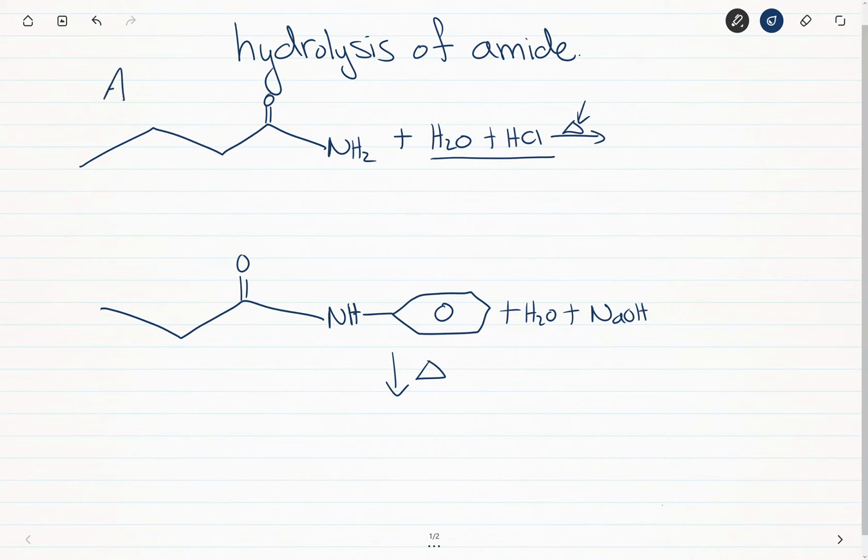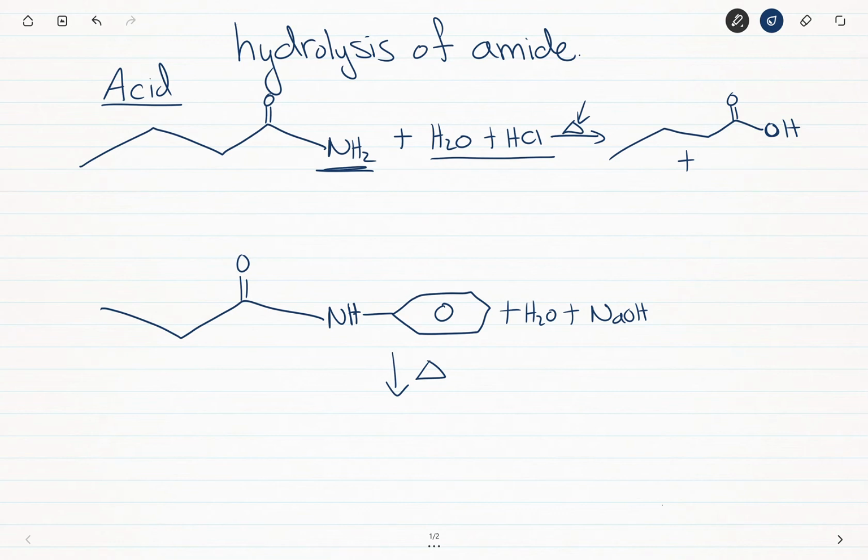This is an acidic hydrolysis reaction. And when you have an acidic hydrolysis reaction, you will reform the carboxylic acid plus the amine or whatever nitrogen group was attached. In this case, it's not an amine that was attached. We used ammonia to make this amide. And so we're going to kick off